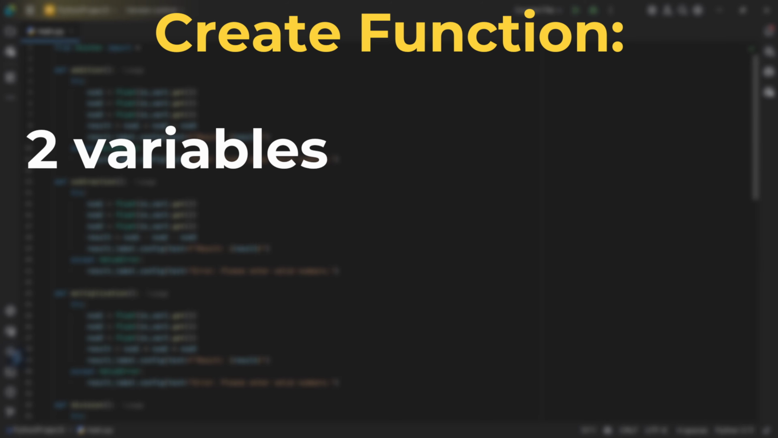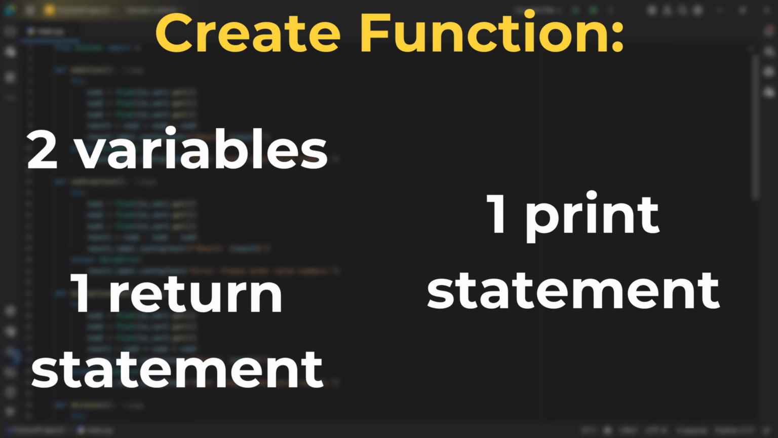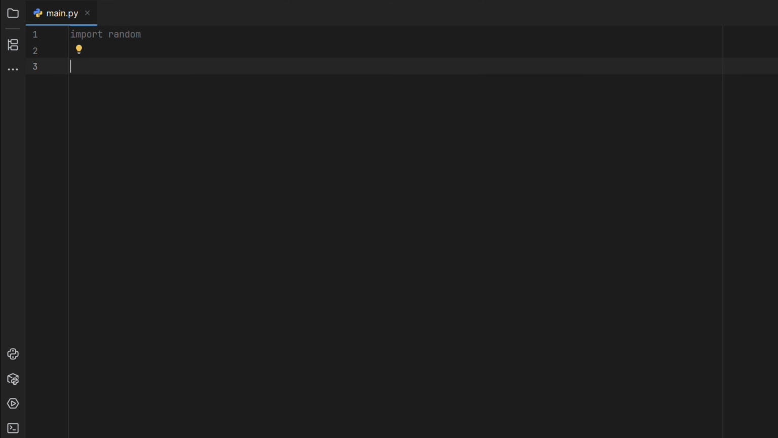First, we will create a function that contains two variables, a print statement, and a return statement. The first two variables are to generate two numbers. So let's now start and write this function. Let's call this function question. Then the first two variables are to generate two numbers, which will be multiplied at the end. So say num1 equals